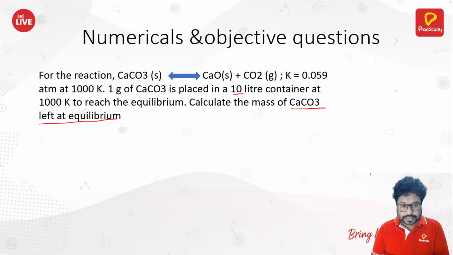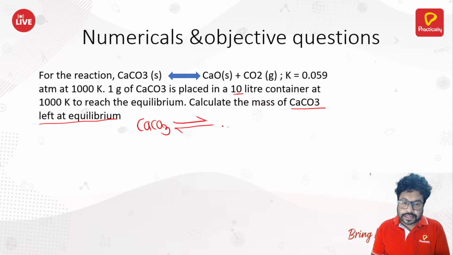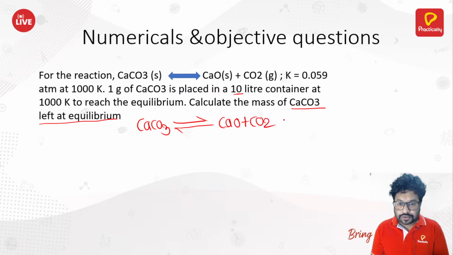So how can we solve this? Firstly, writing the balanced reaction: CaCO3 undergoes a reversible reaction to give you CaO plus CO2. Now the K. See, this is solid state, this is solid state, and the CO2 is what? Gaseous state. So the K here is nothing but the Kp. Kp is equal to